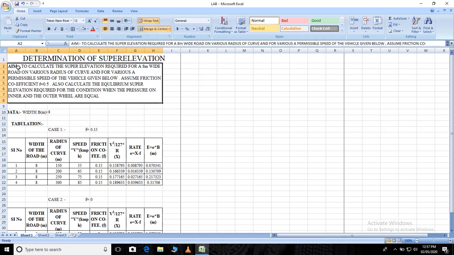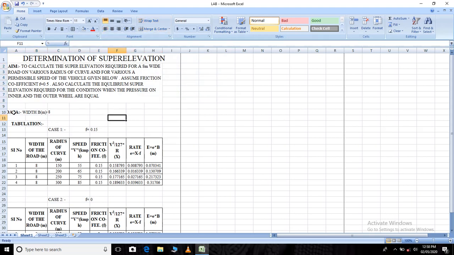You have to type the statement of the given exercise in a single cell. Then you have to say merge. You can see these two are active, meaning it is already merged, and wrap text and merge have been used here already. Okay. Then you have to write data. C is given, values in a single cell, then tabulation, case 1, case 2.